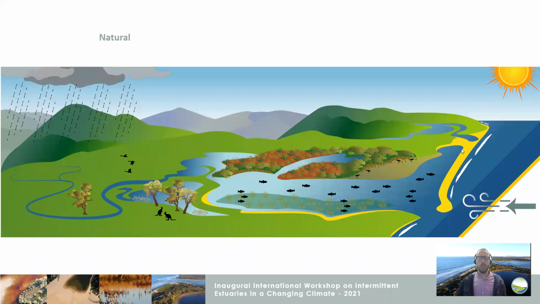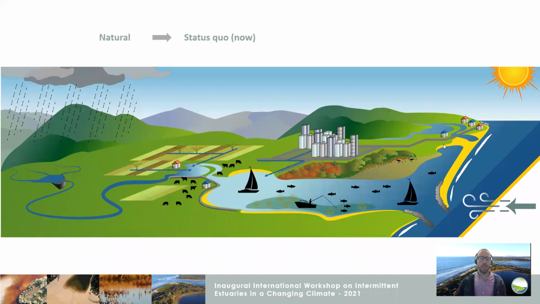So why do we actually compile this? Well, we have a lot of estuaries in New South Wales and a lot of people live around estuaries here in Australia. But we've really, in many cases, gone from a natural system like this to something like that, an already impacted system. And now we have the added impacts from climate change, and we're really at a bit of a crossroads